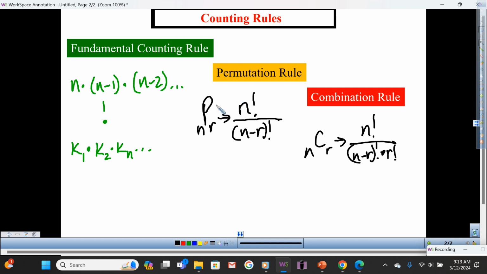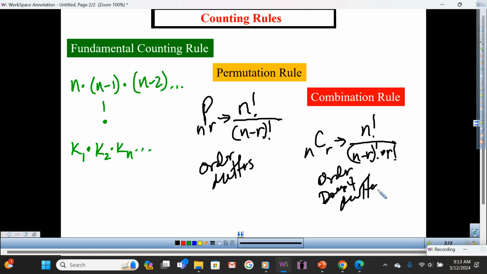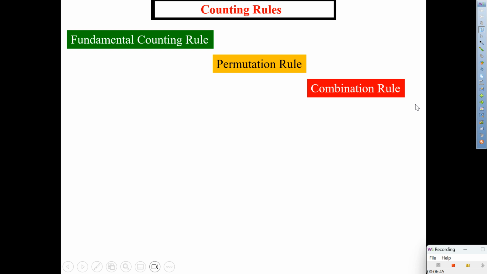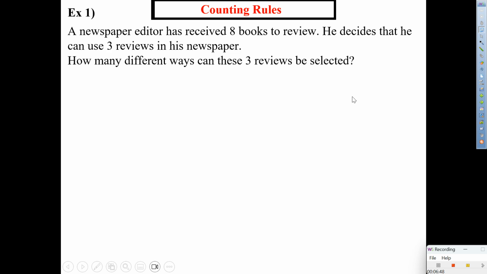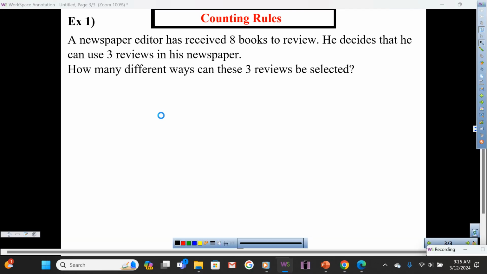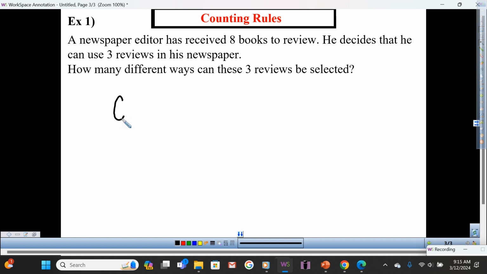So notice the difference between one to the other: here the order matters, here order doesn't matter. All right. So we got our rule. There you go. And here goes one more time. You guys should have these notes. So if I was to use my combination rule,